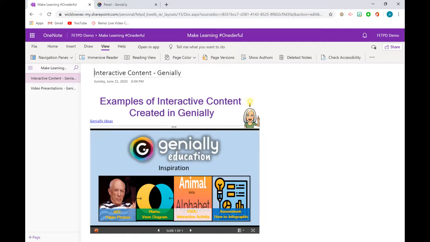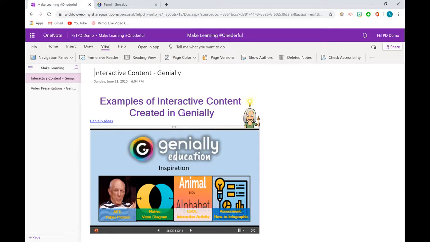Okay, so Kathy has shown you how to make small bite-sized micro lessons. They can also be big lessons. If you wanted to create a full topic lesson within Genially, the functionality and the features are there for you to do that, even with the basic free account. What I want to look at is how you can make short bite-sized activities within Genially,